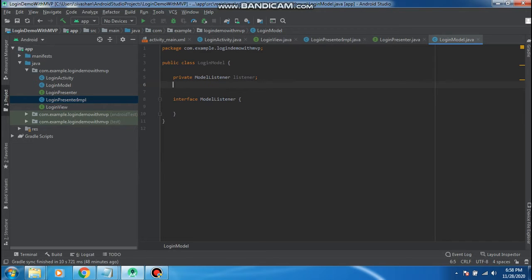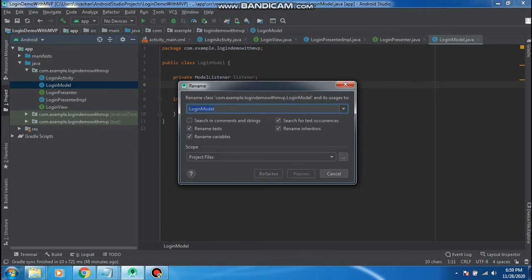Here I actually made one small mistake. Login model is actually an interface, so I need to change the name. Login model implementation.